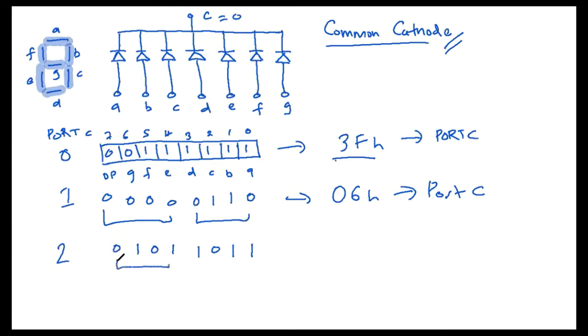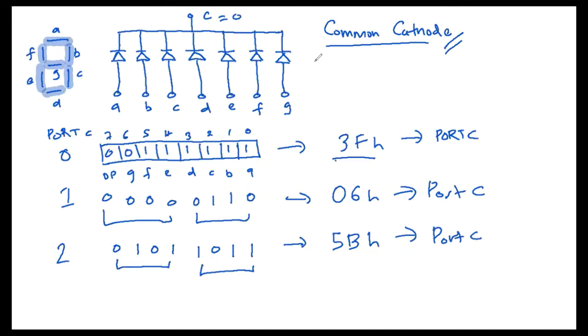So now if I want to display number 2, what I have is the hexadecimal digit 5B. So if I put the data 5B in port C, then it's going to display number 2, assuming the common cathode